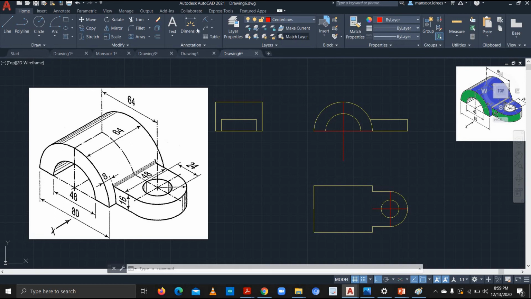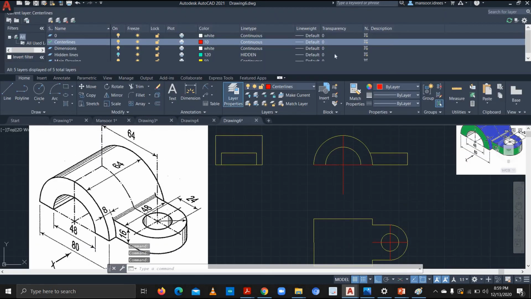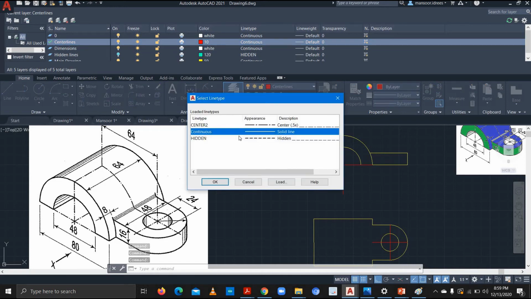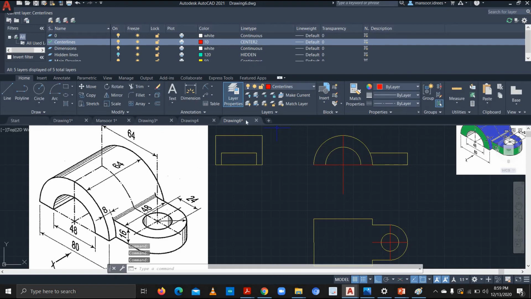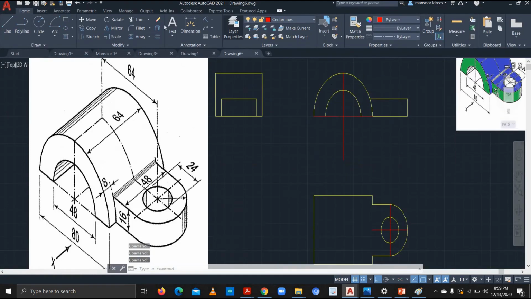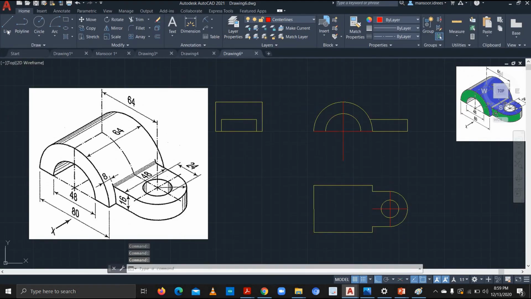So I'll go to center lines and I'll go to the layer properties once again. This center lines. Okay, so there will be a line here as well. This would be a center line, and